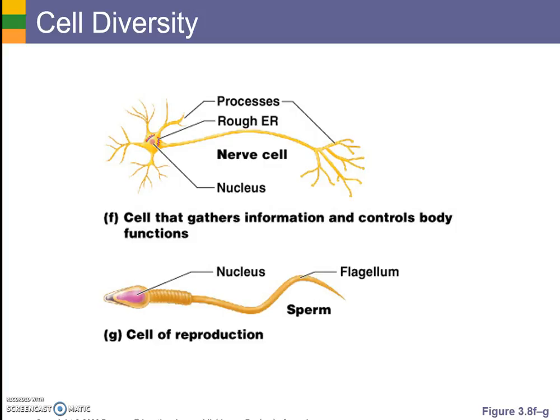Now it's going to need to make those neurotransmitters, so we see our rough endoplasmic reticulum as part of the way in which it actually makes the neurotransmitters. We would also see a lot of mitochondria in this because this is a very active cell using quite a bit of energy. And then our bottom picture is one of our gametes, the sperm, and the sperm has a lot of mitochondria because it actually has to be energetic, propelling the flagellum,